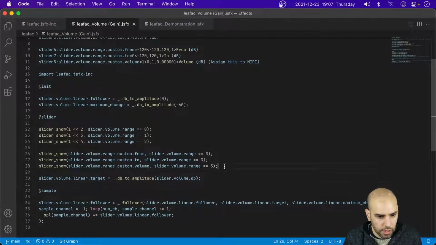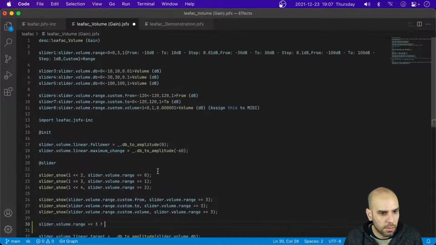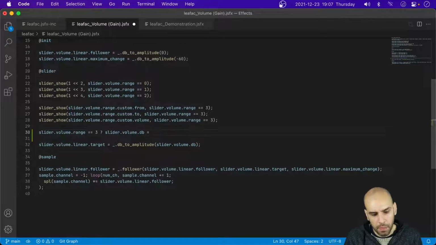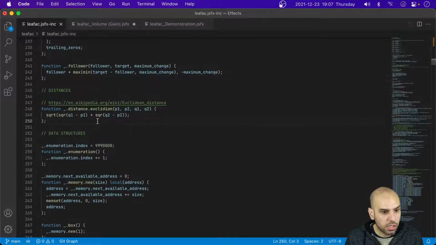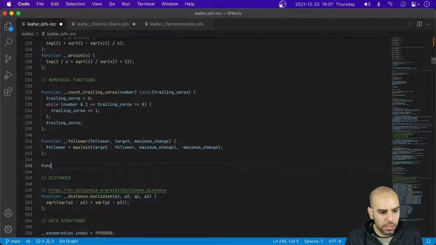But if my range is equal to 3, then my dB is equal to... Oh, at this point, I think I need an auxiliary function. Let's find where we have the follower. Isn't that neat? Single line. Love that. But we need something that I'm going to call a map. And the map is going to receive a value, and